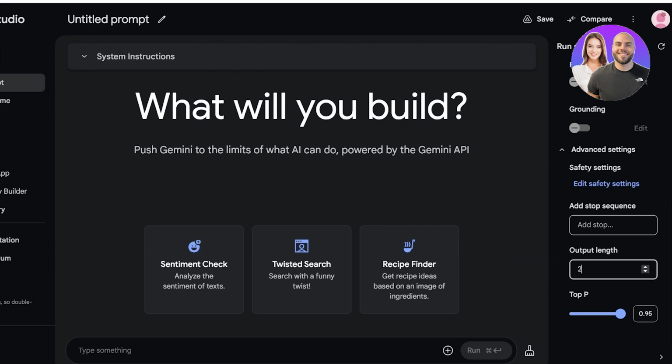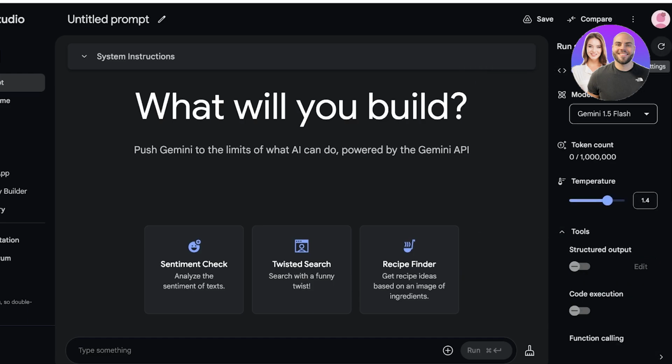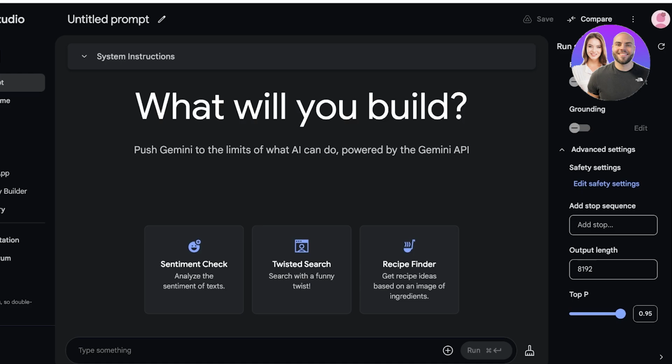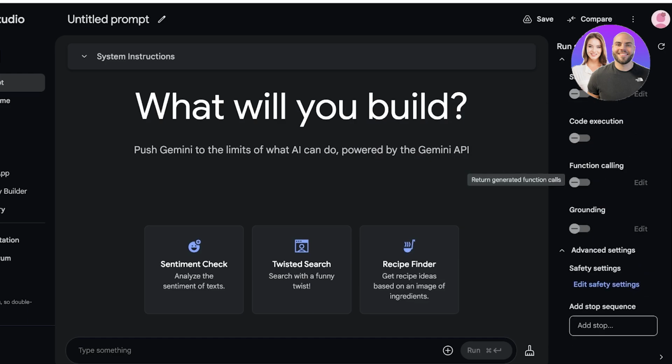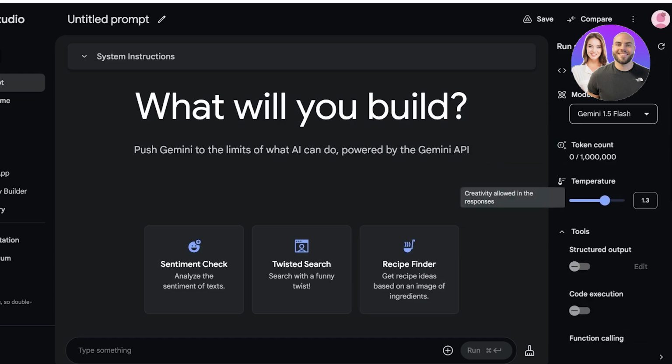Now, in our output length, if I want to increase that, I can also choose to do so. But at a certain level, Google does not allow larger outputs. So I think the default that is set up is the maximum. I'm assuming that. I think it's around 10,000 words, and after that, it's too much. I'm just going to scroll up and set the temperature to be a bit higher, which means more creativity